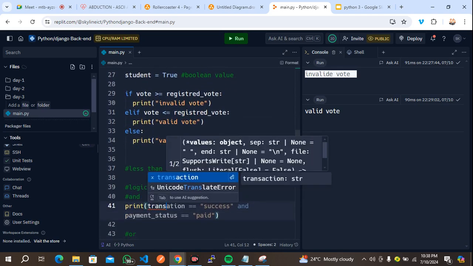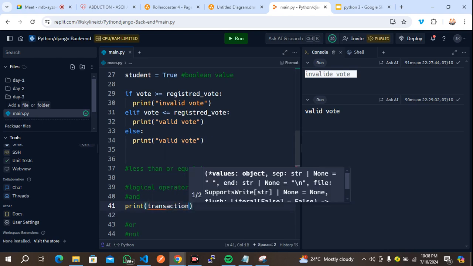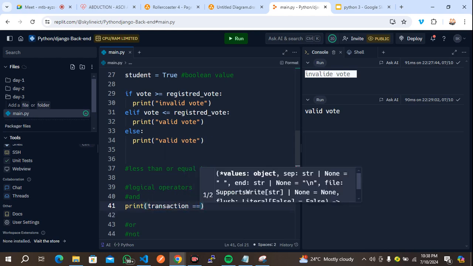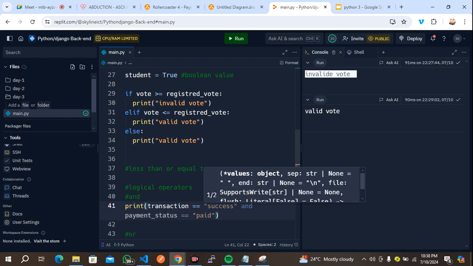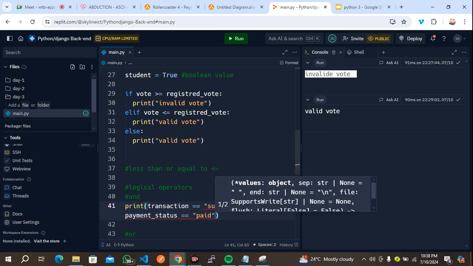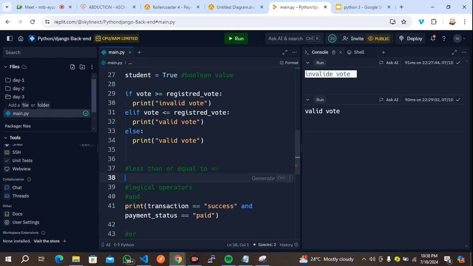Why are we not getting our transaction? Okay, so transaction equals success, right? Then and, so we look at what is happening here: transaction is equals to success